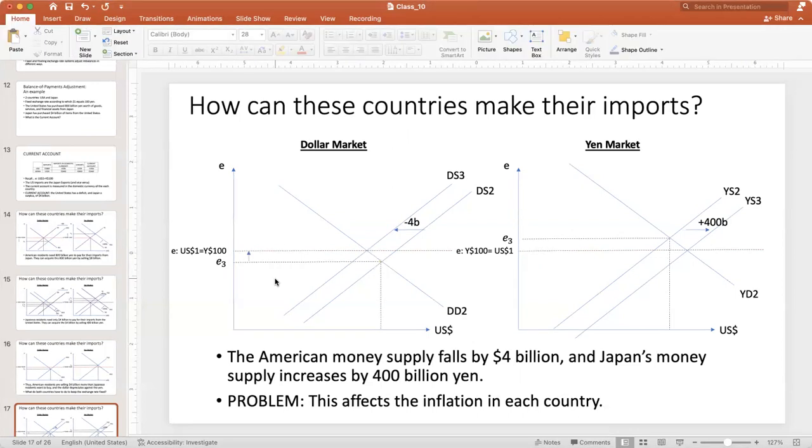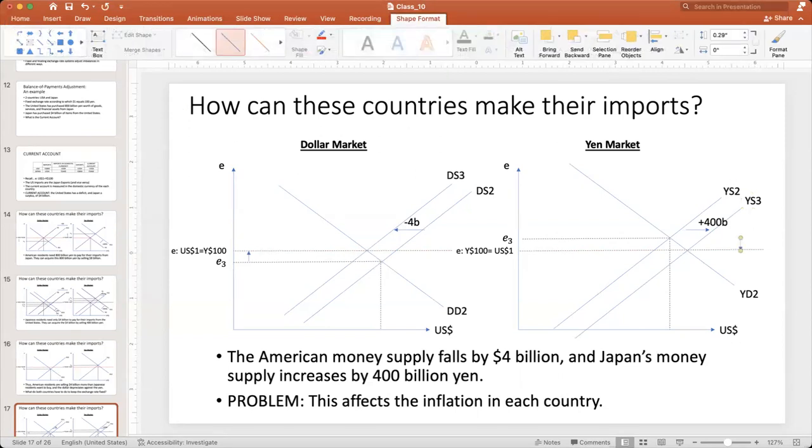And in the Japanese market, the Japanese central bank has to increase the supply of yen by 4 billion yen in order to reduce the scarcity of dollars and reduce the price of the dollar. And this is the way we can explain the interventions of the monetary authorities in the foreign currency markets, depending on the exchange rate